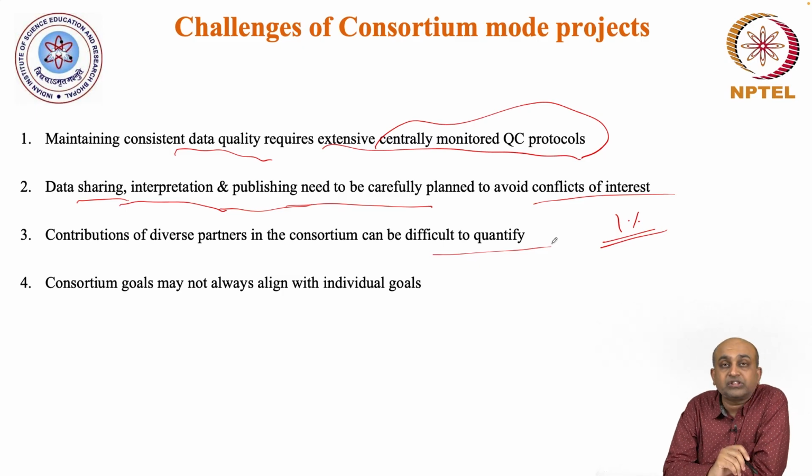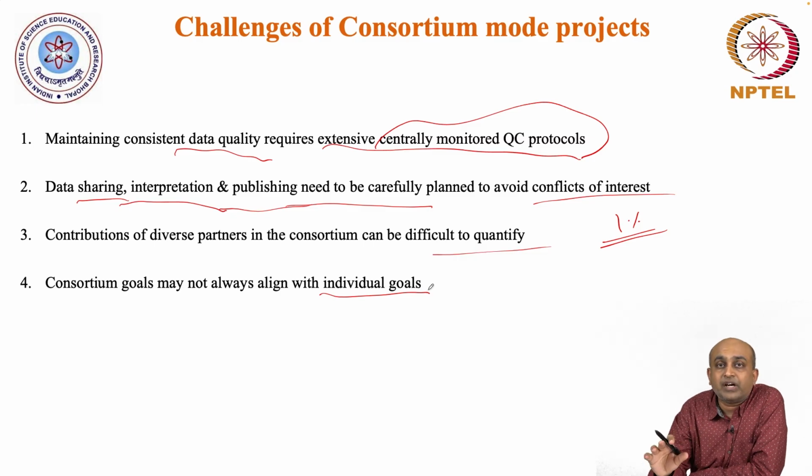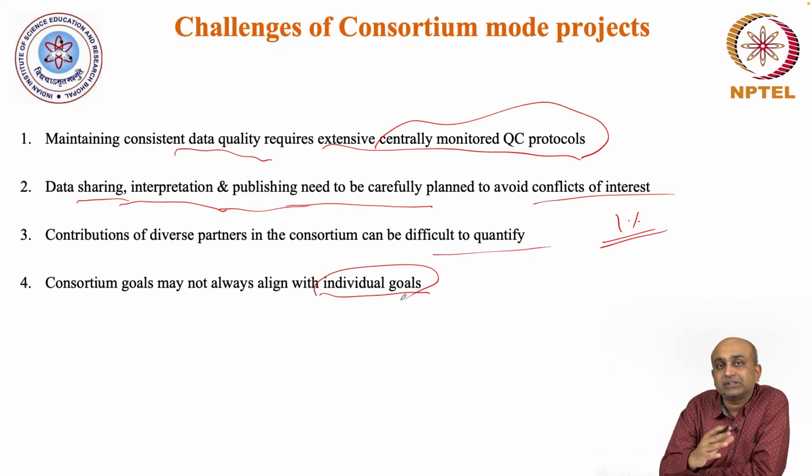And when you work in these consortium mode projects, again the individual goals of the entities may not align. For example, you have the public and private enterprises involved in the Human Genome Project. The private enterprise's goal was to patent it and make money out of the Human Genome Project, because of course they are driven by their shareholder needs, right? But the public initiative had a very different goal where they wanted to make the data available to everybody free of cost. So the individual goals of these entities are not really aligning, but then when you work in a consortium, you need to somehow figure out how best to make these things align.